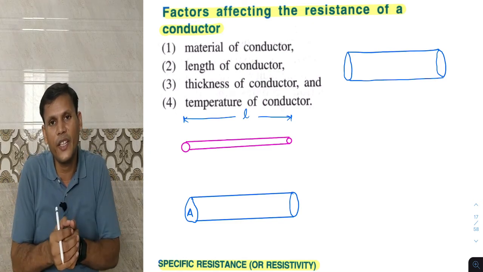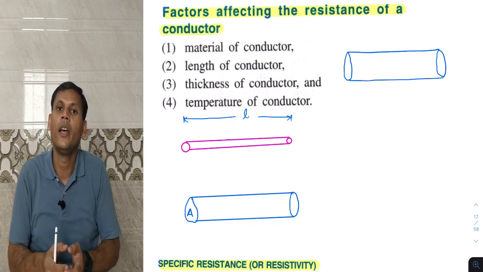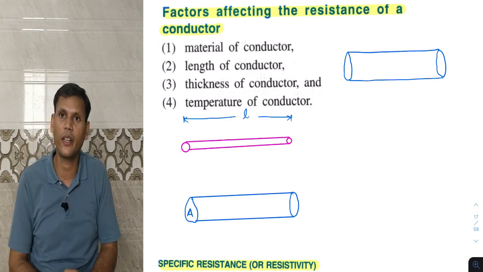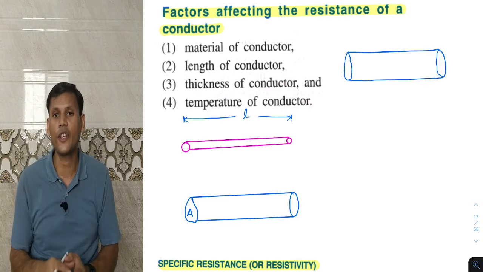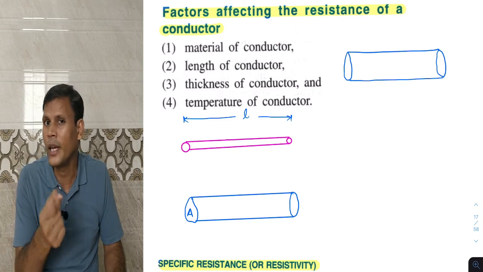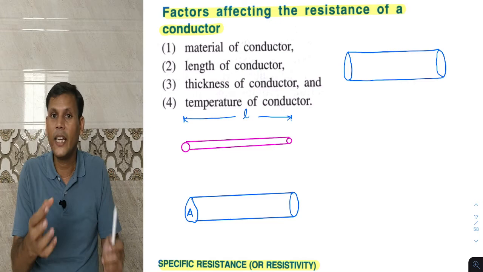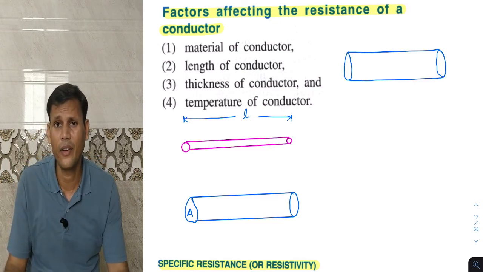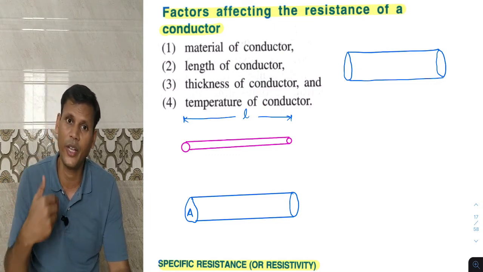What is the relation between these two? What can we conclude from this? We can conclude that resistance is directly proportional to the length of the conductor. And second, if the area of cross section is small, meaning the wire is very thin, then resistance will be more. If the wire is thick, resistance will be less. I can give so many examples; we can get them from our surroundings.